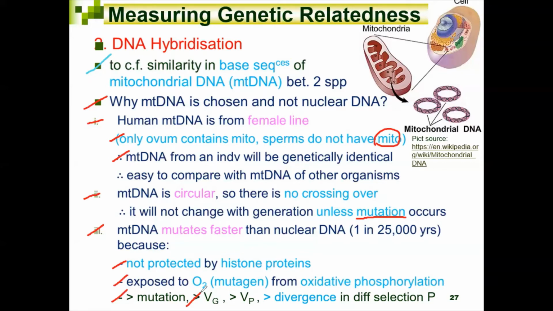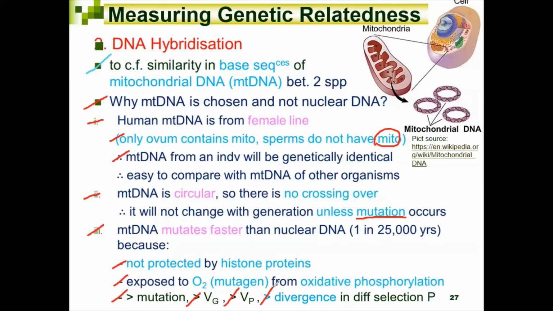Correct? Different alleles means you get more different genotypes, right? So therefore, there will be more variation in phenotype. Therefore, because mutation is faster in mitochondrial DNA,